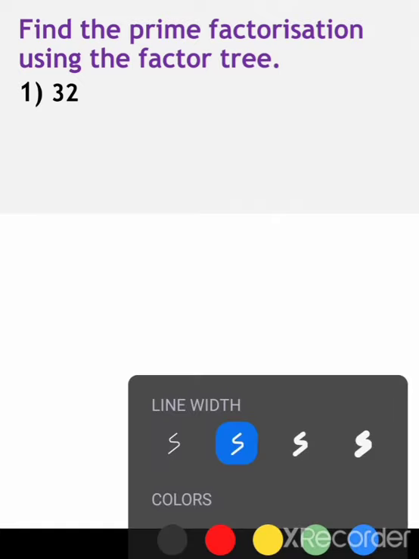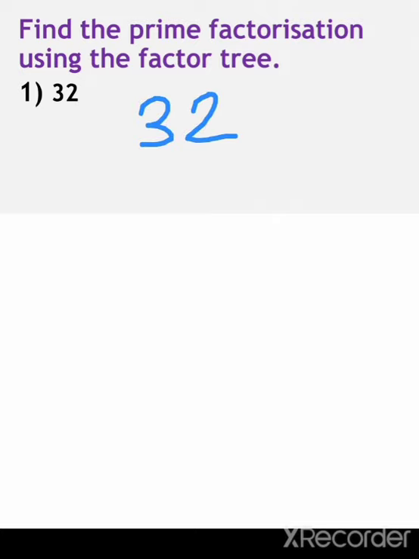Let's start. We are having a number 32. It's an even number, so I'll advise you to start choosing the numbers in the ascending order. It means from 1 to 9, as when we were finding the factors of the number we were checking in the tables of numbers from 1 to 9. Similarly, if we go in the ascending order, it will be easier for us. So you will not choose 1 because each and every number is divisible by 1, and as we have to find the prime factor, 1 is neither a prime nor a composite number.